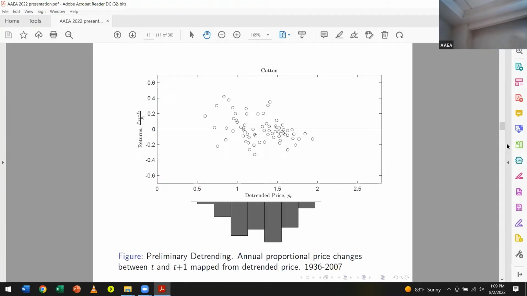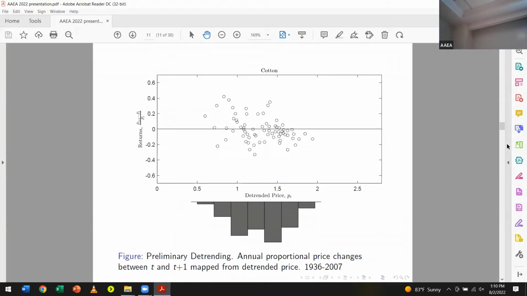Maybe yes. See, now the horizontal axis, this is cotton. The horizontal axis is the same as the previous one, the current price, but detrended. Now we reorder, we use detrended prices, and if you order the returns according to detrended prices, the vertical axis is the same as before. This is just the return, not of detrended prices, but the actual return observed in the data, and you see